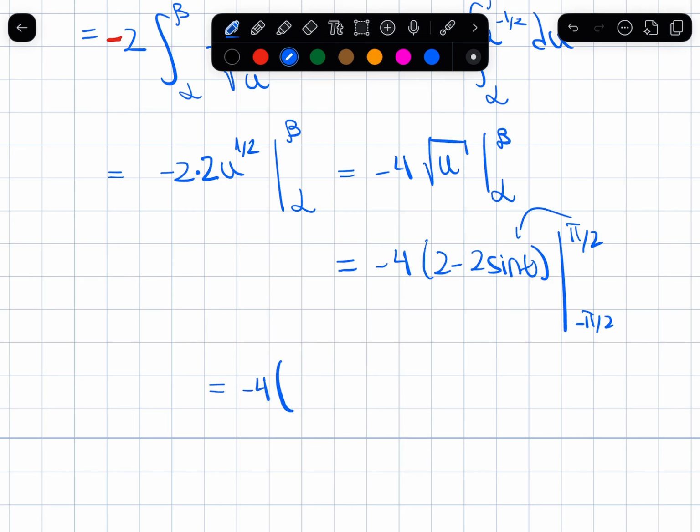So when I plug in pi over 2, forgot the root, right? Still all of this inside of the square root. So all of this is still inside of the square root. And so when I plug in pi over 2, the sine of pi over 2 is 1, which makes this whole thing a 0. So this will be square root of 0 minus,